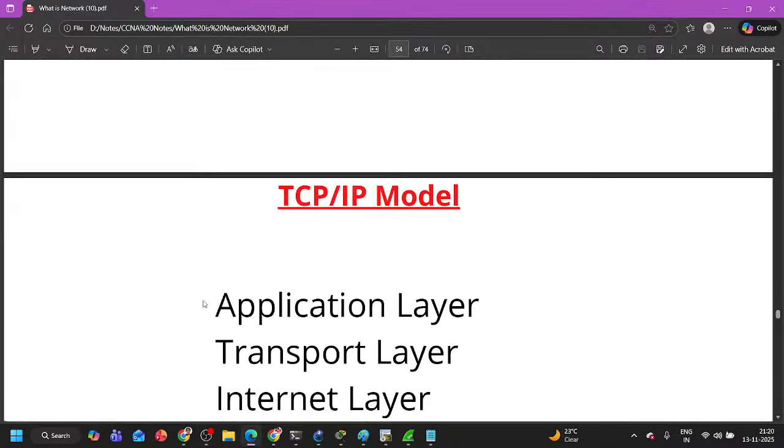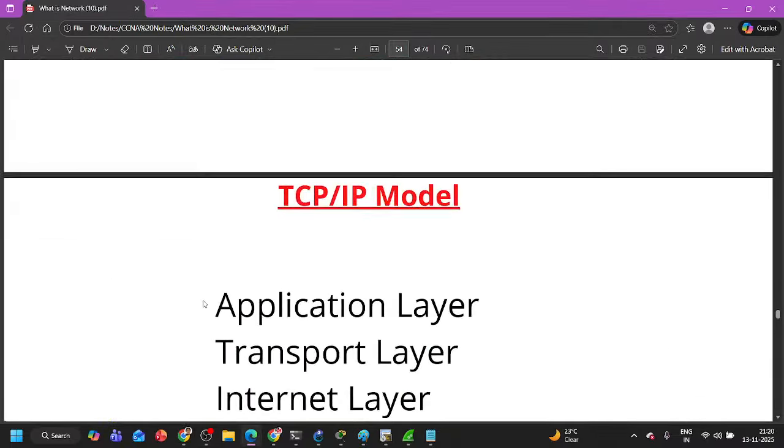Based on port number, it can check actual traffic belongs to which protocol. At application layer, four protocols are running: HTTP, HTTPS, Telnet, SSH. So TCP protocol needs to send actual data to which protocol? Based on destination port number, it can identify. Similarly, IPv4 protocol will check